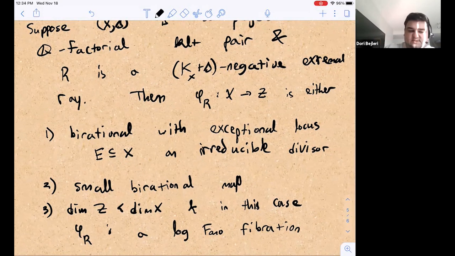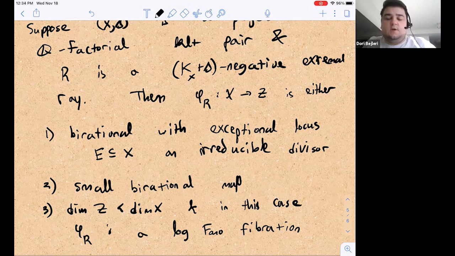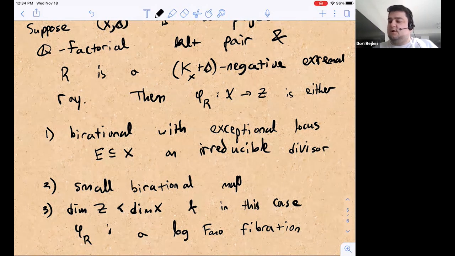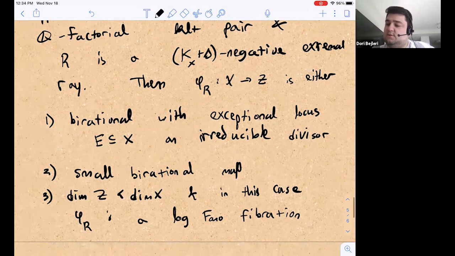Okay, and so this is exactly the same as before. The only things to check are that, one, if it's birational and contains a divisor in the exceptional locus, then that divisor is the full exceptional locus, and that's where we use the Q-factorial assumption. It's exactly the same argument as before, just with a K_X + Δ there instead of a K_X. Or it's small birational, that's it. Or the dimension of Z is smaller, and then the only thing to check is that it makes sense to call it a log Fano fibration, but that's just saying that if we restrict K_X + Δ to the